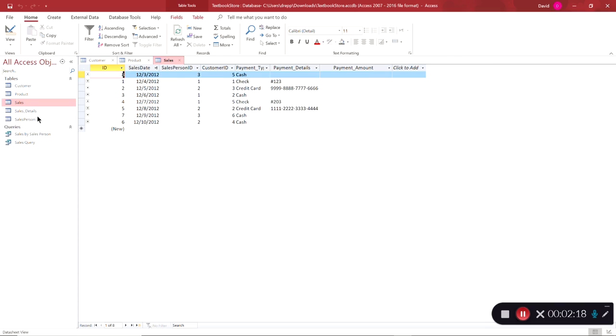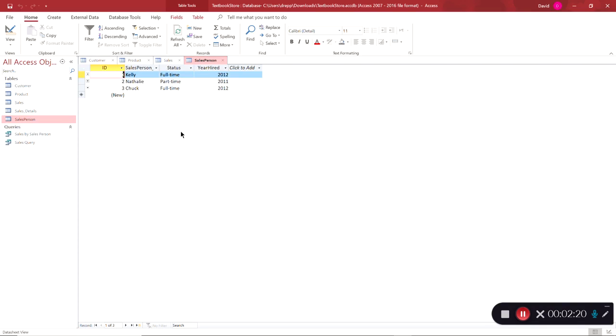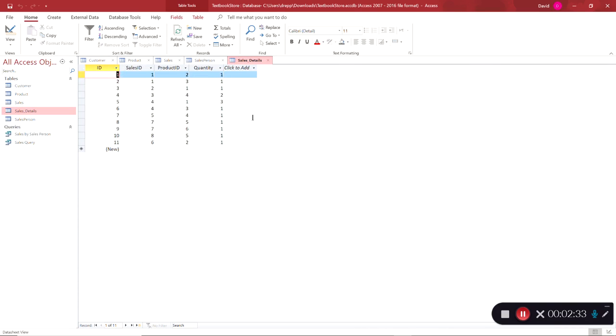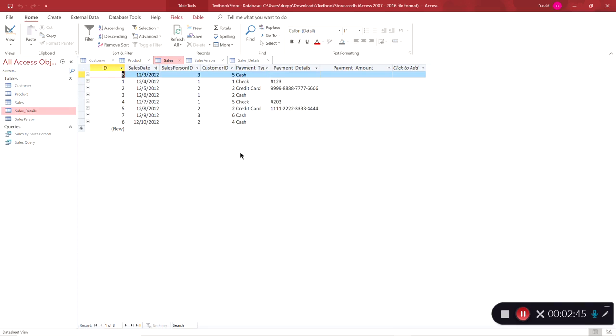And so you also have a salesperson table that keeps track of individuals that are ringing up the sales. Could be a cashier table, right? You got different names for it. And then you have a sales detail table, and so this detail table is what allows the sales table to have more than one product that's being sold, right? Because if we look at the sales here,